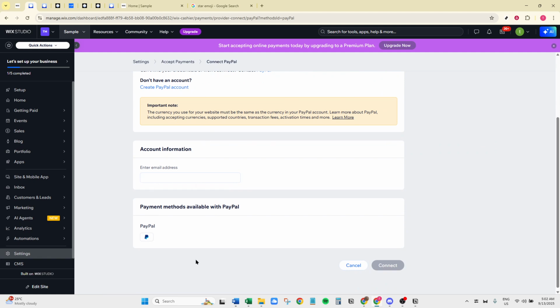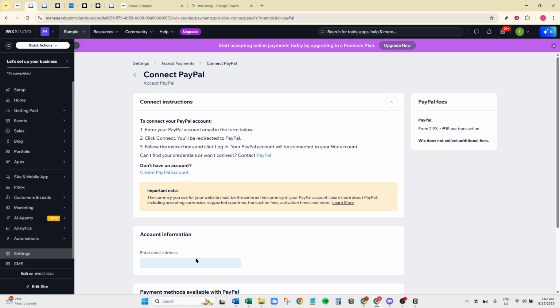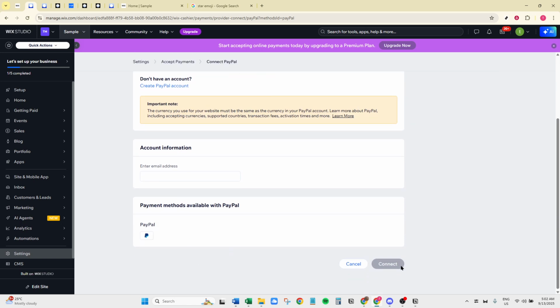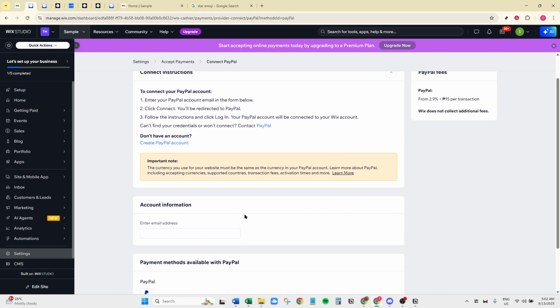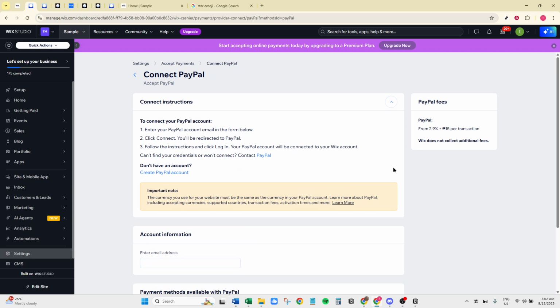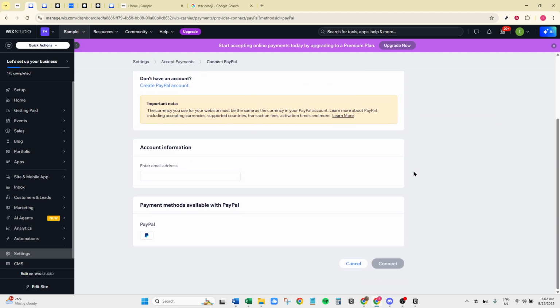After setting up your payment options, it's crucial to configure your bank account information for payouts. You'll need to enter this so that when customers purchase from your site, payments can be transferred directly to your bank account. Typically, this involves providing your bank details, like routing number and account number. Ensure accuracy here to facilitate smooth transfers.